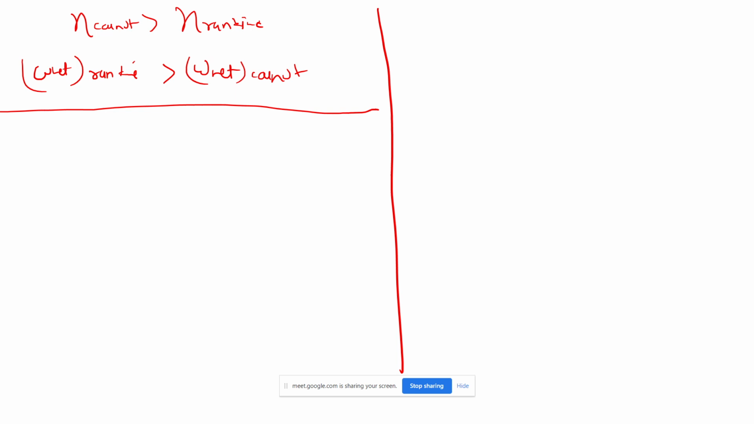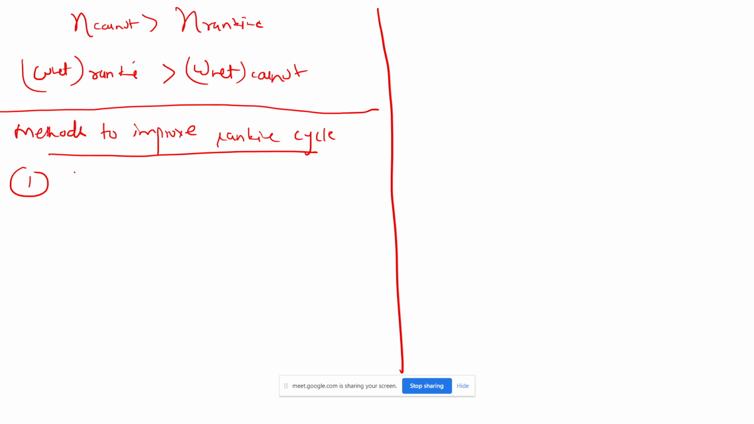Okay. So now we will discuss various methods to improve the Rankine cycle. So what are the different methods by which we can increase the efficiency? First method is by increasing the